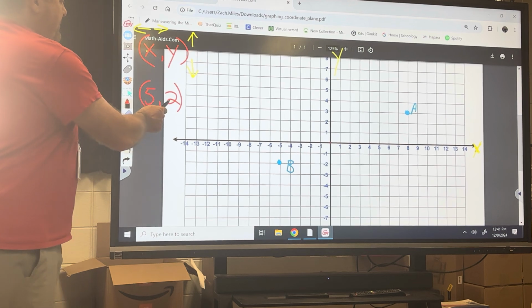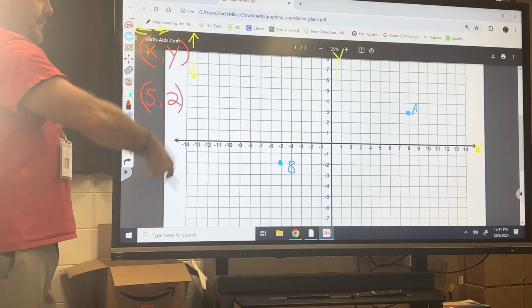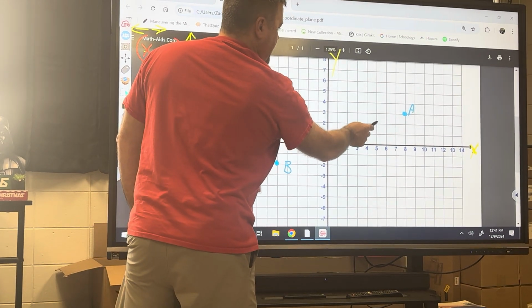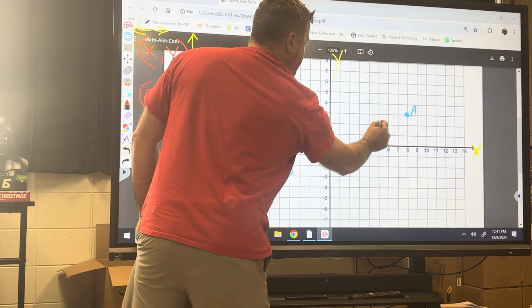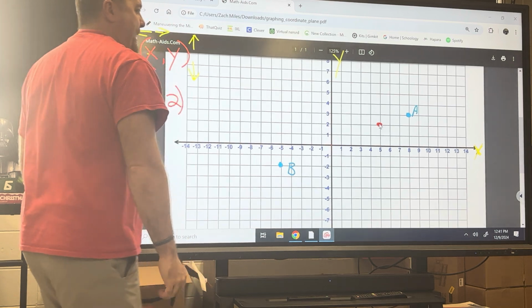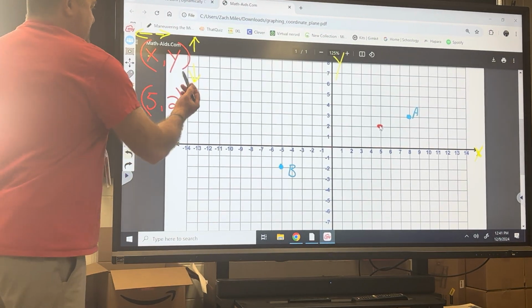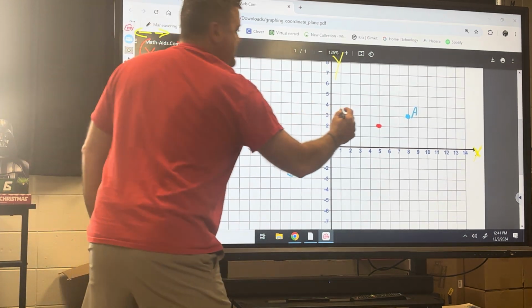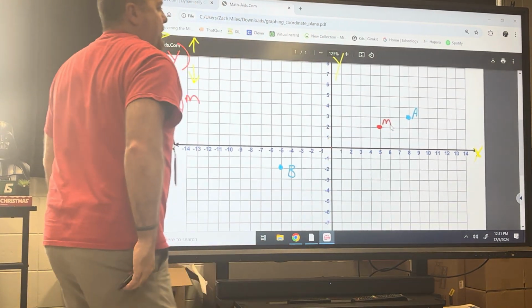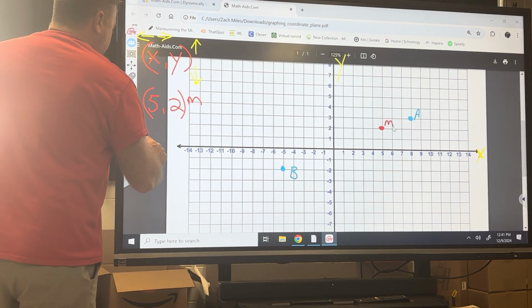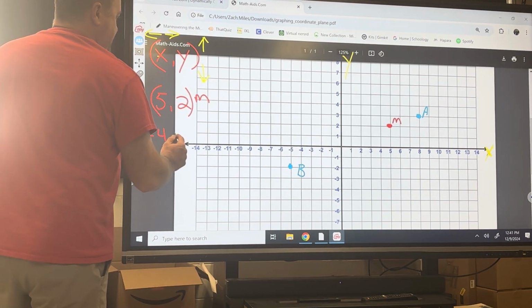The second number, the Y, up and down. Well, that's a positive 2. So from there, I'm going up to positive 2, which happens to be right there, and that is the point. That is where that point is located. And if it was, let's say, M, then we would just label it with the letter M. There we go, okay? Another ordered pair might be negative 4 and